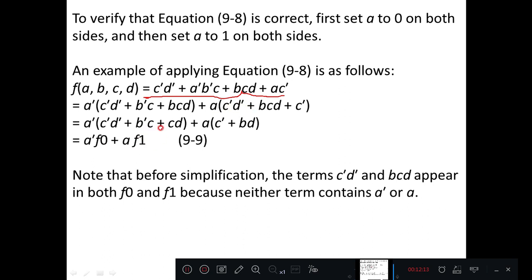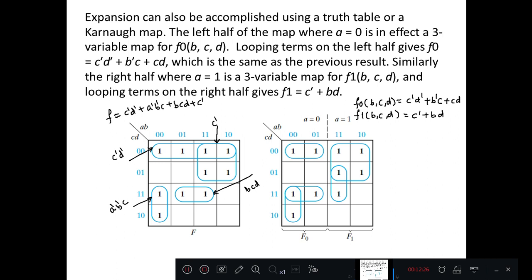Further simplification we can observe with the help of K-map simplification also. This will be more clear, how we have got this term, by observing the K-map. You can observe this is the given function: C dash, D dash, A dash, B dash, C, B, C, D or C dash.